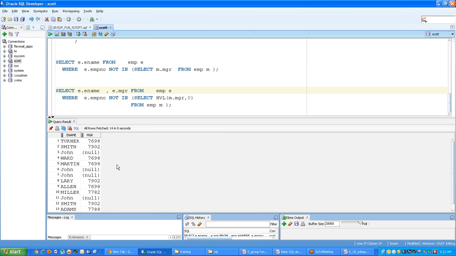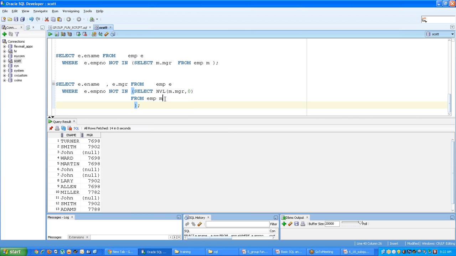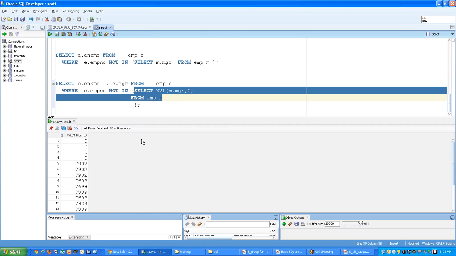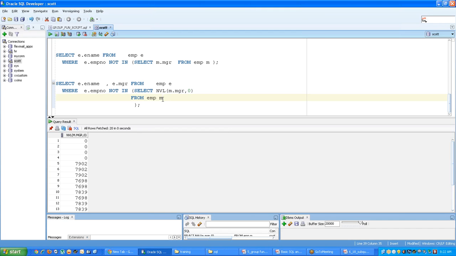What are we finding out here? We are finding out the list of employees who are not managers. So in this particular inner query, we are just getting all the managers, right? We are getting all the manager list. There are some employees who don't have managers, right? So for those, what we are doing here is just using NVL, we are making them as